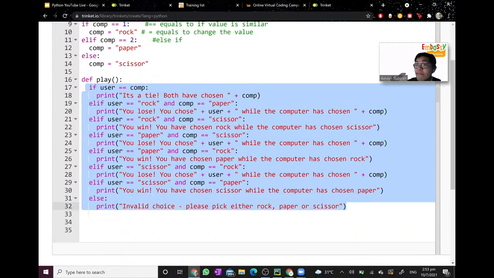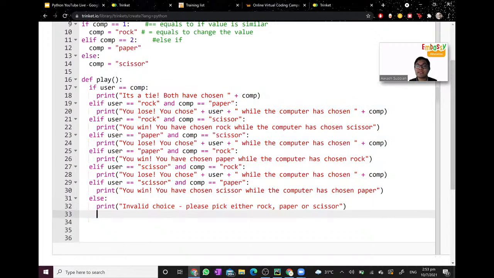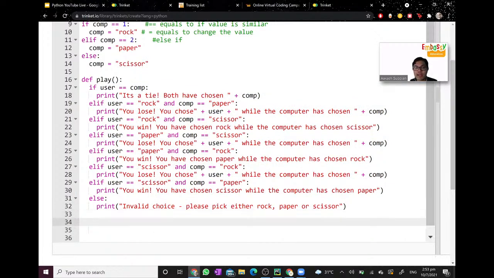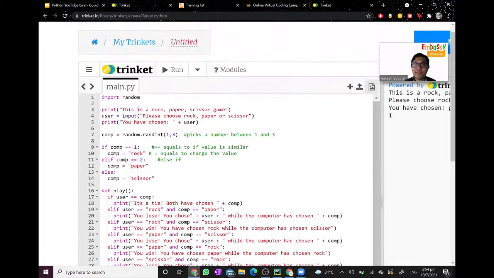So why do we create a function? Because if I want to run this line of code, all I have to do is just exit this function, go back to normal line. That means a normal program will start at the edge line here, and type in the function's name, play, and your curly brackets here. And yes, guys, that's our program. We're done. So let's actually test our program, shall we?